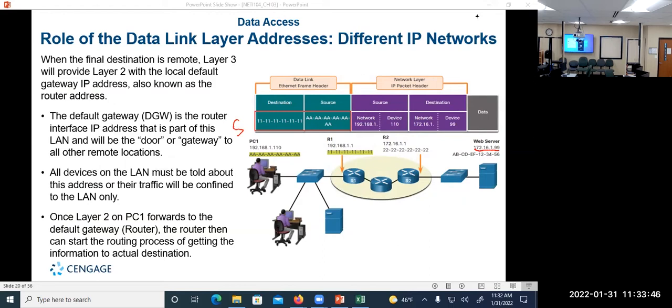Also, if you look at the IP address here, that is the network portion, and that is the network portion. They are not the same. So this guy here wants to deliver to 172.16.1.99. The first step, you only have to figure out if the destination is on the same network or not. If on the same network, you just directly communicate together. You put the final destination MAC address here. Right? But in this case, you know that the destination is not on the same